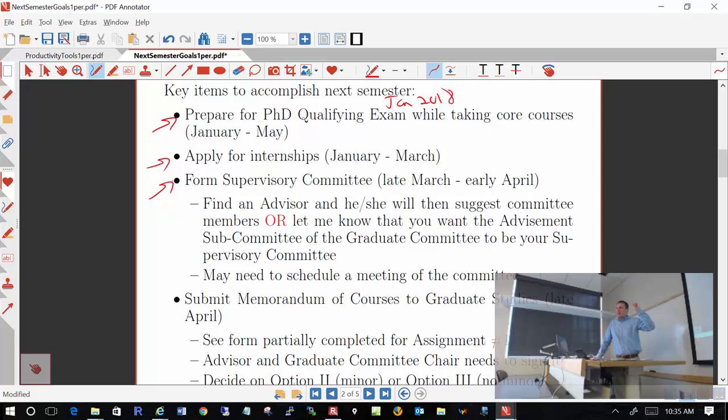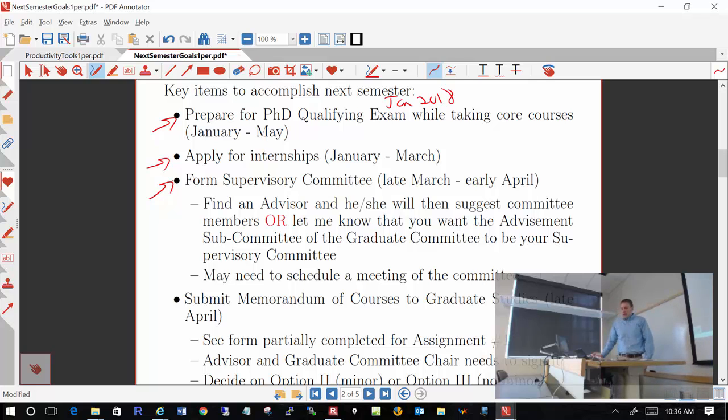So graduate studies doesn't care if you actually form an entire committee of faculty, because they have no record of it, which is odd, but that's the way it is. There's one exception: if you did do a thesis, you do have to have a regular committee that has 3 people on it. But very rarely does anybody do a thesis in